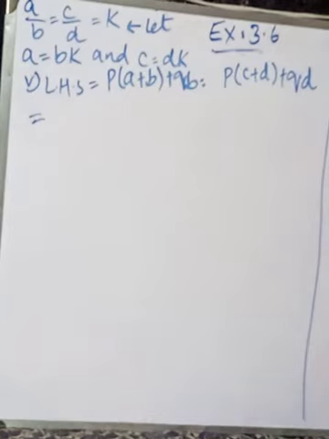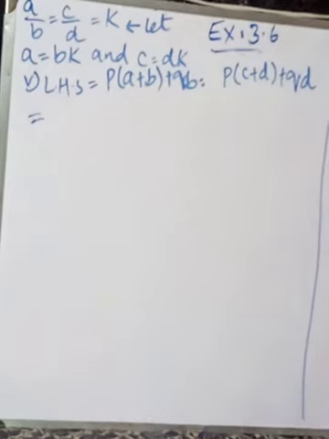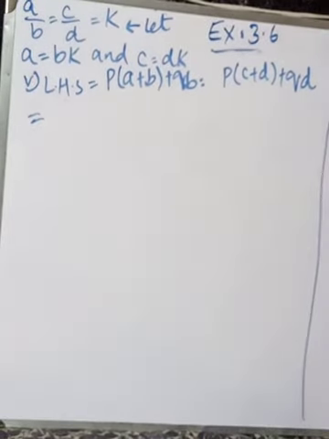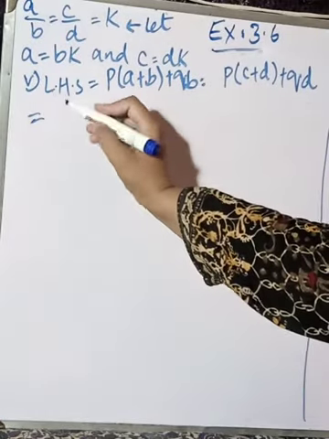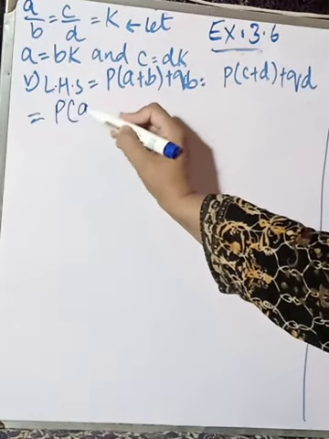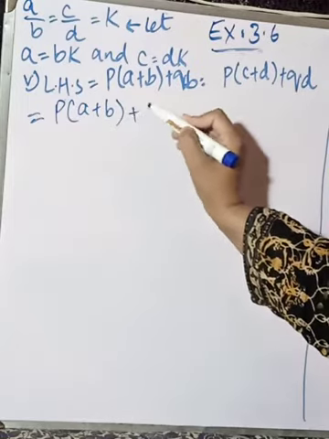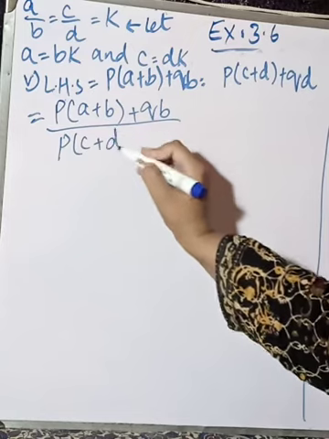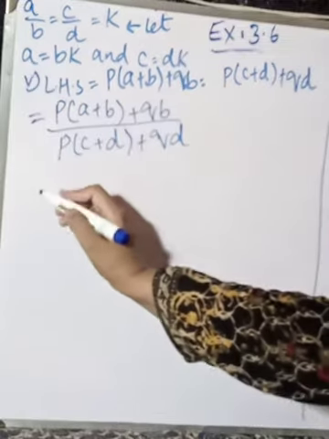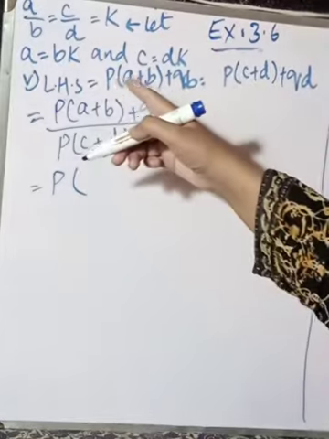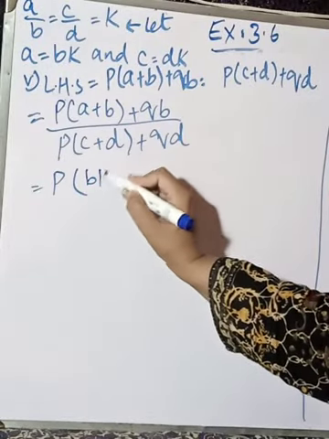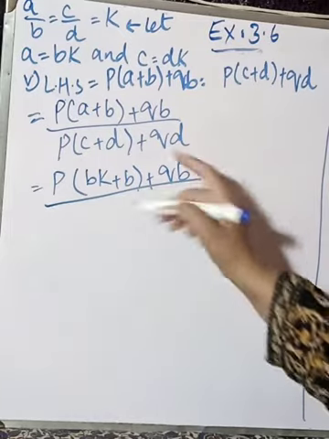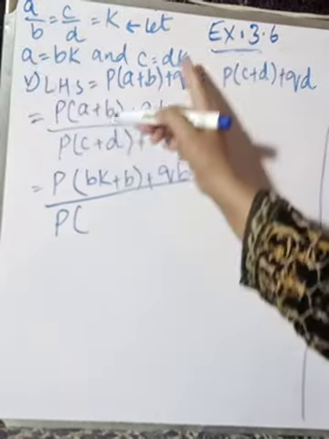Right, now what I need to calculate, I need to calculate the left hand side, and the left hand side is again written in the form of a ratio. So first of all I am going to do it in form of fraction. So in the fraction it would be p times a plus b plus qb divided by p times c plus d plus qd. Okay, put up the values. So p multiplied by a we have is bk plus b divided by, put the value for c, we have p times the c is dk